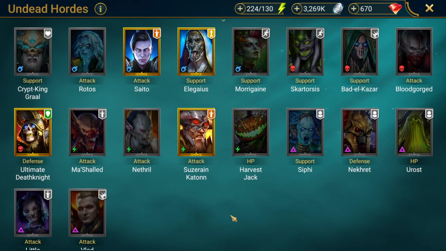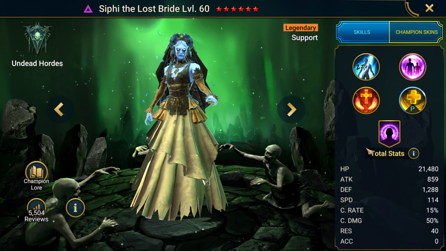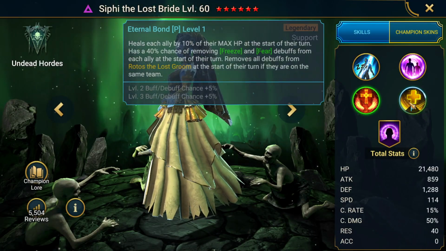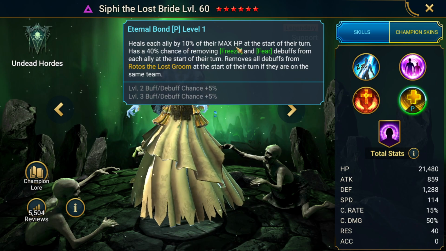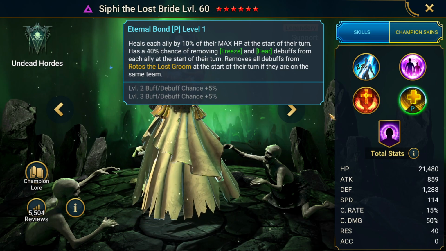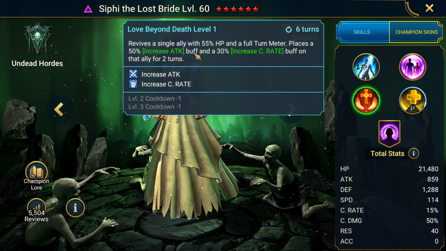The next person, and the last person we're going to look at in this faction right now, is Siphi. Siphi's top 5 best champ in the game, I think. Maybe top 10. Maybe not quite. I don't know. She's good with Rotos, but heals each ally by 10% of their max HP at the start of their turn, and that's really all you want to look at here. Also has an 80% resistance in all battles, and then her